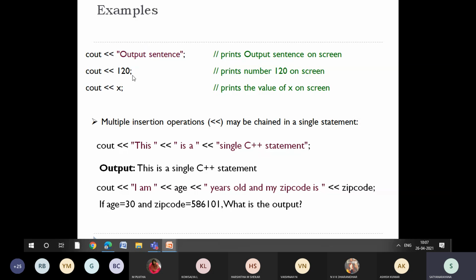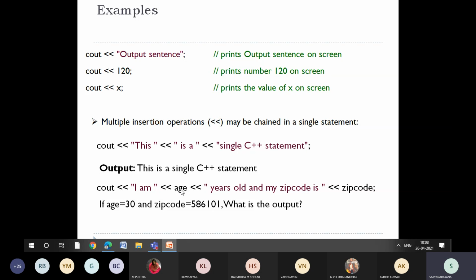Say for example, if I have multiple statements to combine: cout, insertion operator, the statement, insertion operator, the next statement. At the same time, if you want to call a variable also, you can. So cout, I am, age is a variable here, then a statement, years old, and my zip code is a variable.